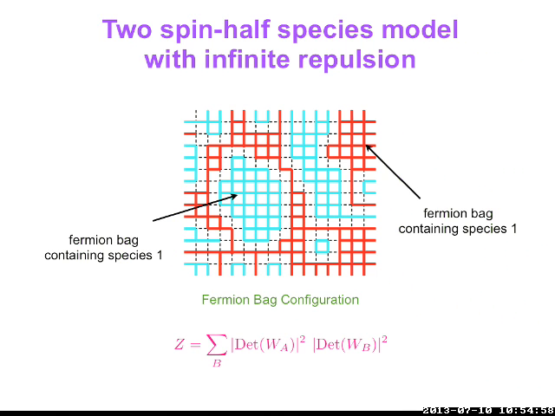So then in this fermion bag approach, the way to think about this problem is that there would be regions of space where the spin up species exists, and there are regions of space where the spin down species exist. And then there are determinants here and there. Now if there is only a single determinant, we cannot prove it is positive. We cannot prove it, but maybe there are some reasons at least to think about. But if there are two species, this determinant is just determinant squared, that determinant is just determinant squared, and so this is a completely positive partition function.